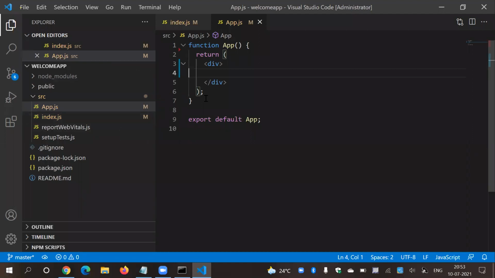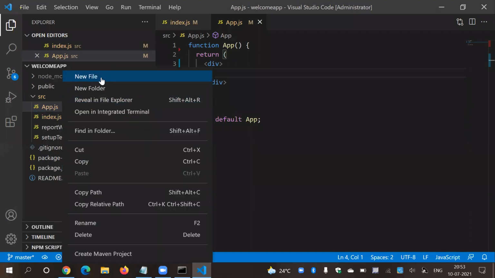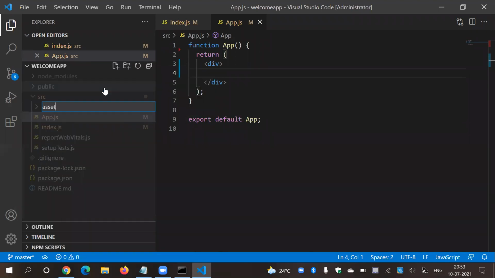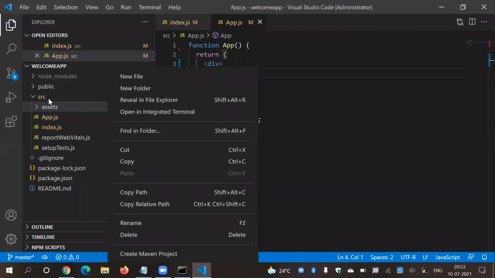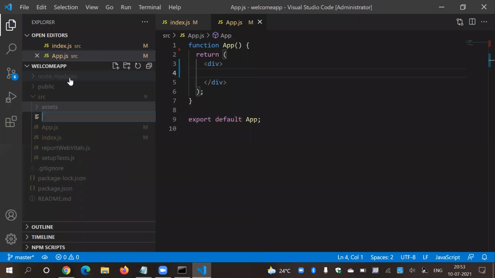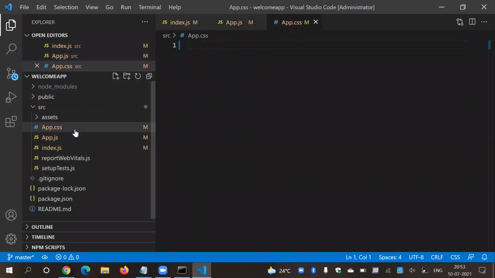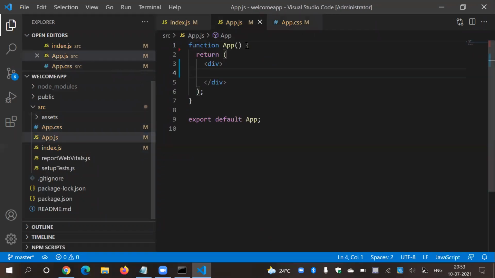So let's try to build some nice web application without link, without routing. What I'm going to do is create my folder. Here I'm going to mention assets. Okay. Before that, I'm going to create one more file with the name app.css. Here I will mention all my CSS, and I will link this file with this app.